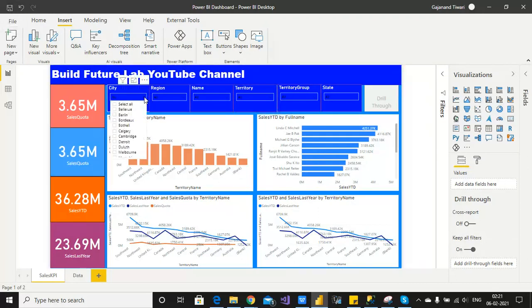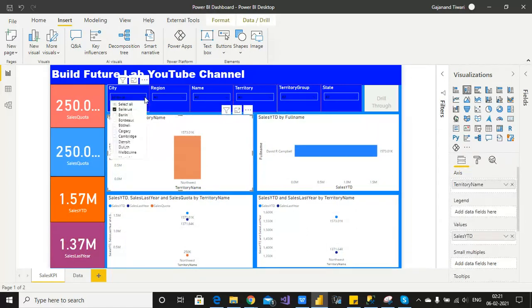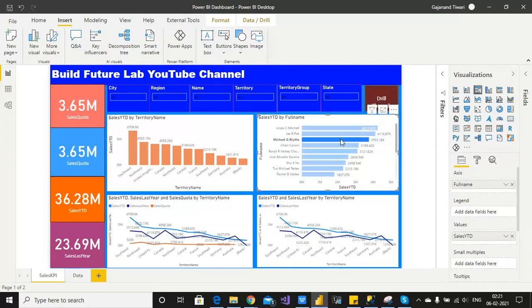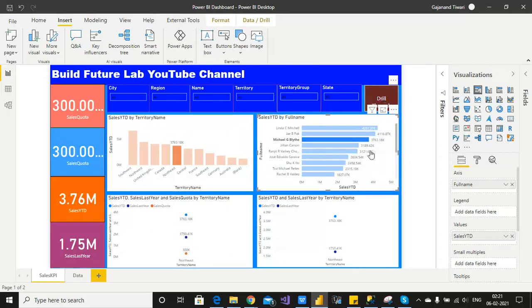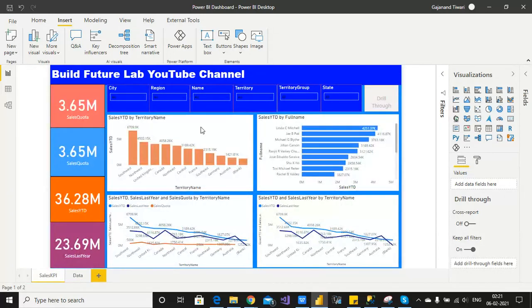Here I have a city drop down, and you can select a city, and it will automatically filter out your data. After that, if you want to export data for a particular thing, just click here and it goes to the data tab automatically. See this filter out here. Directly we'll be able to see the details of what is going on in your business. Then when you want to come back to your dashboards, you can click and come back, and you can hide it also.